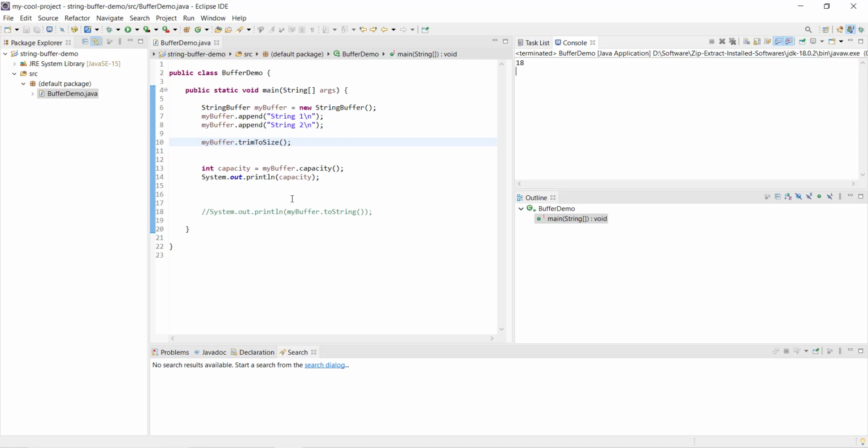Here are a few specific scenarios where using string buffer can be beneficial: when you need to concatenate a large number of strings, when you need to perform repeated string modifications, when you need to modify strings